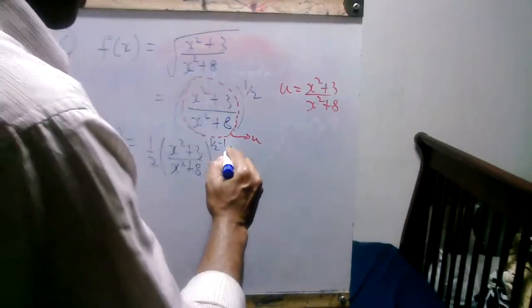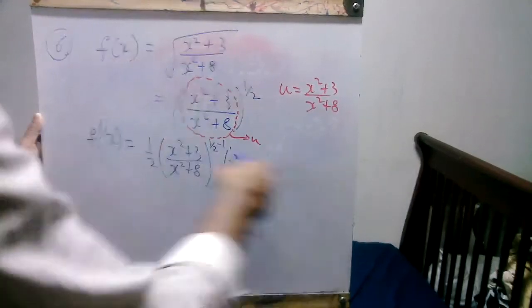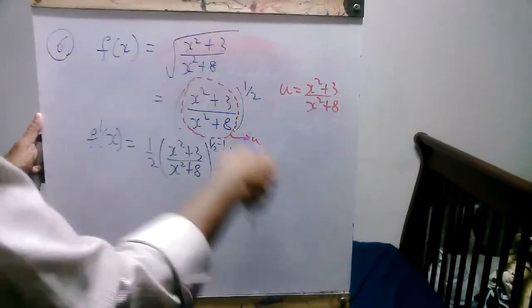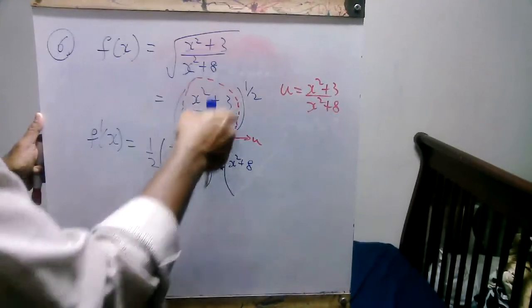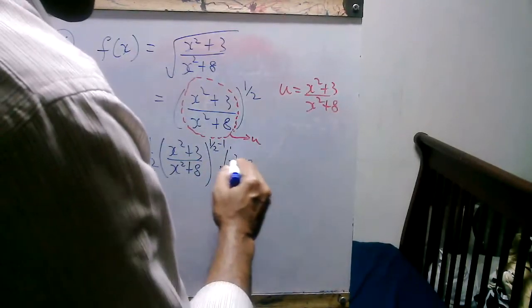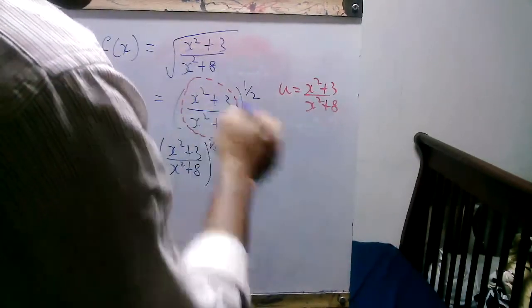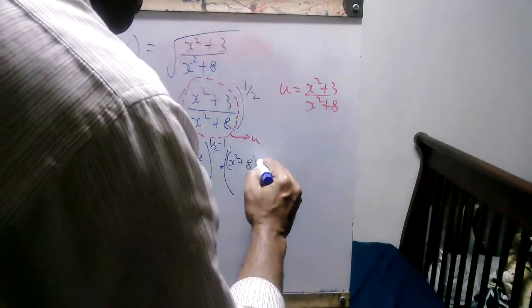Now this whole thing I put in parentheses. What I'm putting in these parentheses is the derivative of this red function u: x square plus 8 times the derivative of the numerator, which is 2x,